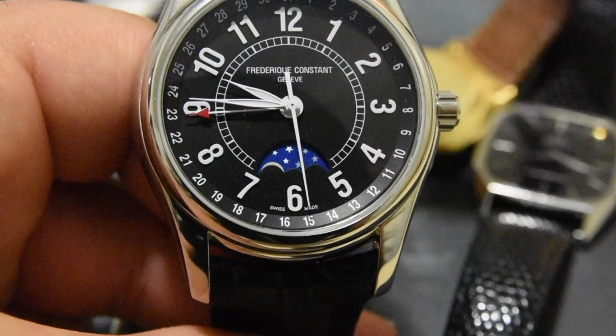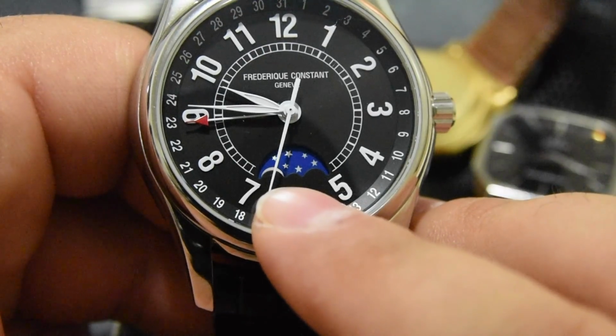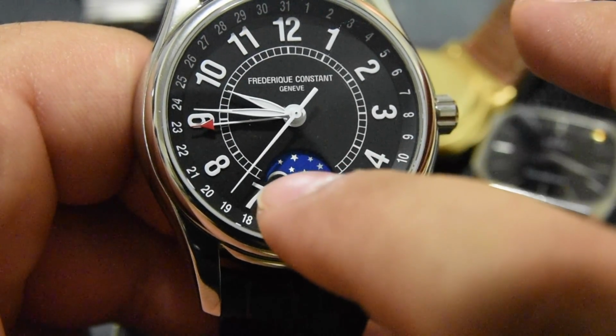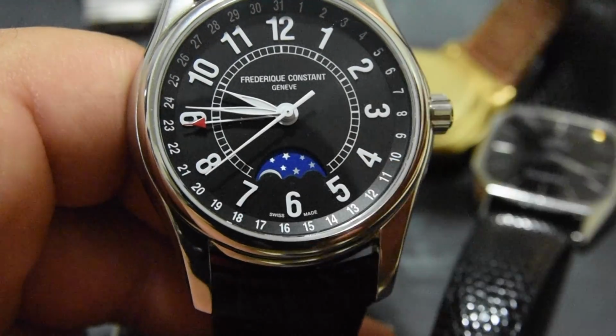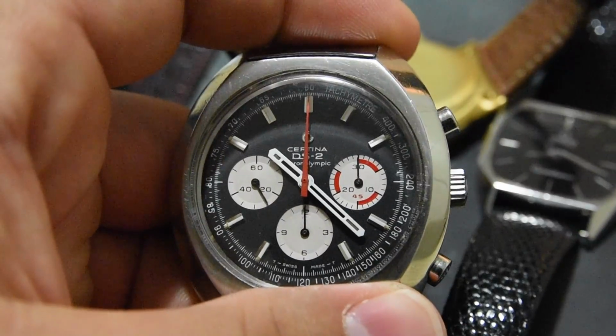So this moon phase, sorry, I hit the camera there. This moon phase will actually show you the position of the moon. So when you have a full moon, there'll be a nice big moon right there in the center of the moon phase indicator. And then a very common complication that you either love or you hate